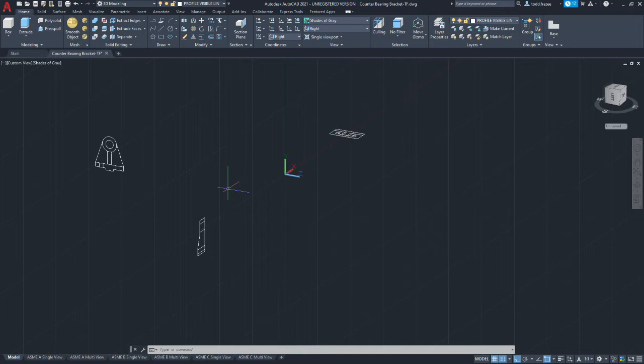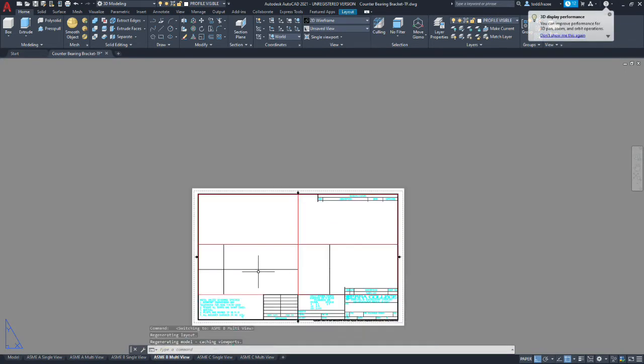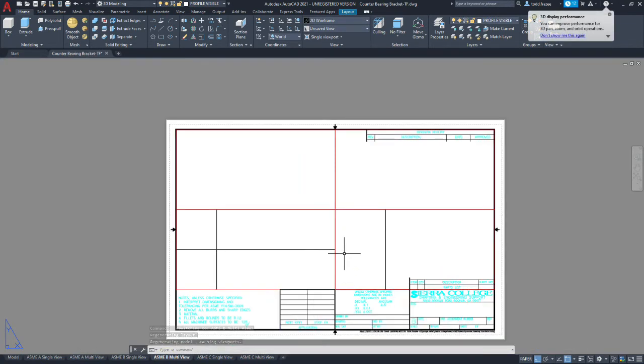Okay, now that completes the flat shots, so we're at step 22, and next we must size the viewports to the specific display scale and align the orthographic views to each other. So we're going to go to step 23, and we're going to use ASME B-size sheet on most of our projects in this class. And we see some information here in the viewports.